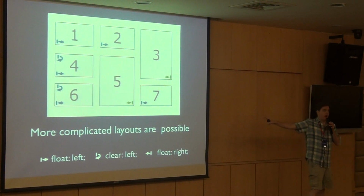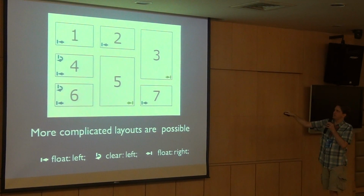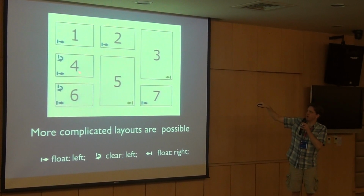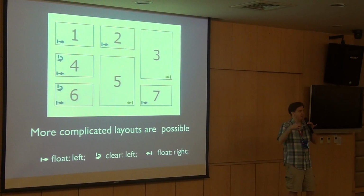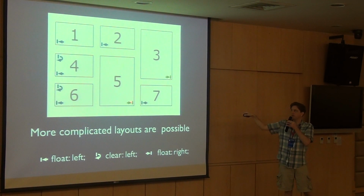And then you can actually do more complicated layouts using the same rule. 1, 2, 4, 6, and 7 are floating left. 3 and 5 are floated right. You'll see here that we started out the same way until we got to number 5. 4 is starting a new row because it's floating left, so it's going to clear these 2 and ignore 3. And then number 5 is going to be next to 4 because of the adjacent sibling rule, right? So it's in the same row, technically. But then